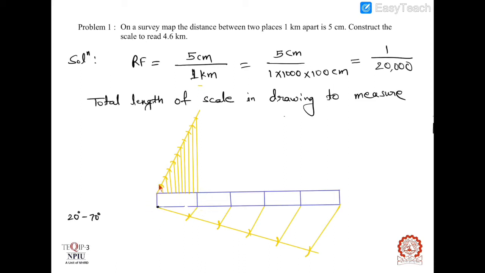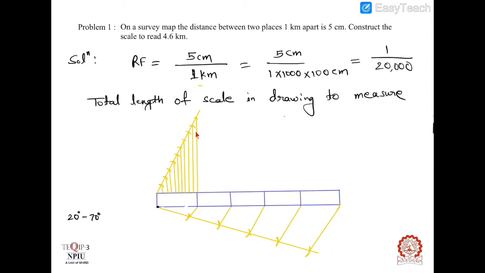What we did, we drew an inclined line and took any radius equal to this one, marked this as a center and cut an arc here, and again took off the rounder and made this as a center, cut arc here. In similar way we have to mark 10 number of arcs in this line, and then this point should be joined by this point. Then this line will be drawn.